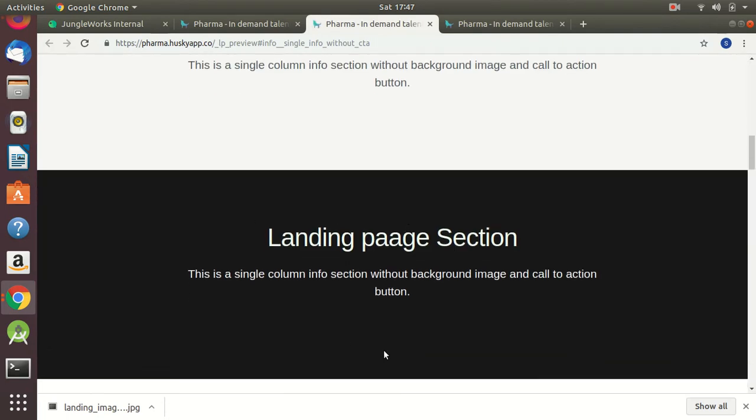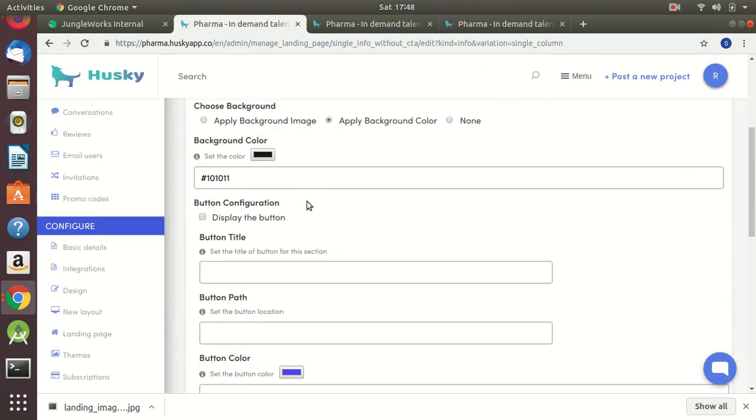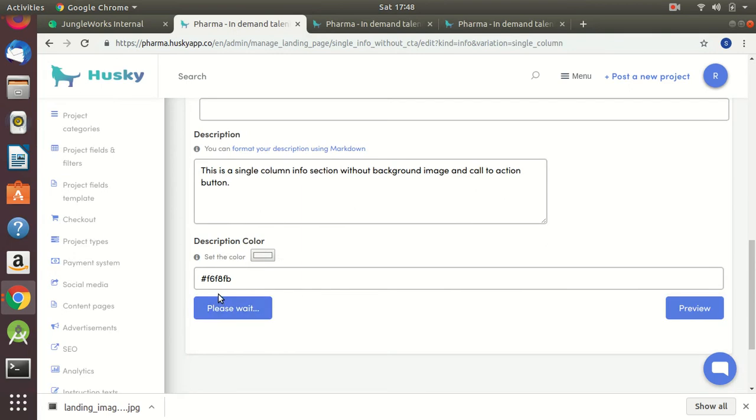So just like this, I have given the background color, I have given the title name, I have given the description, and I have given the color for both the title name and the description. Likewise, admin can choose to give a background image as it was earlier. So I can just save this section.